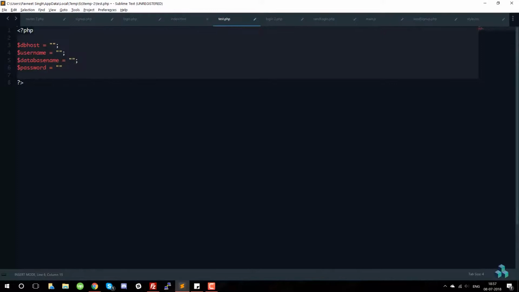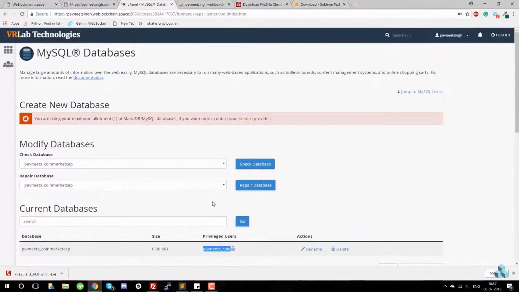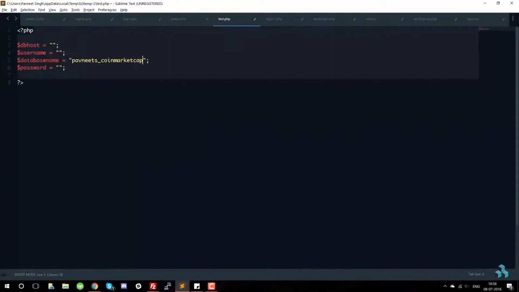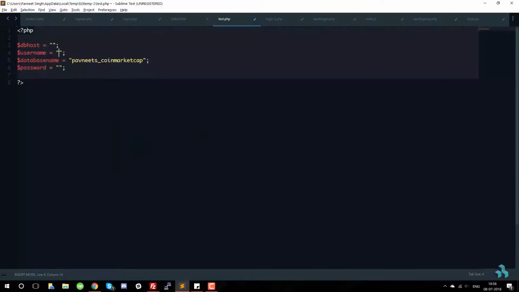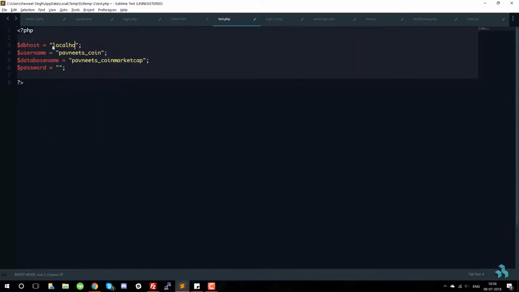So let's just grab the database name from here. We've got the database user from here. So you've got 2 parameters which are there. The host name, or the DB host, would be localhost, since our SQL server is actually residing at the place where this code is being used or saved. So our host would be localhost,